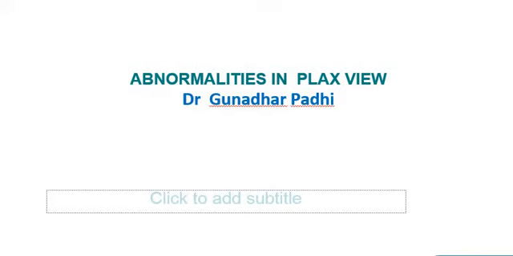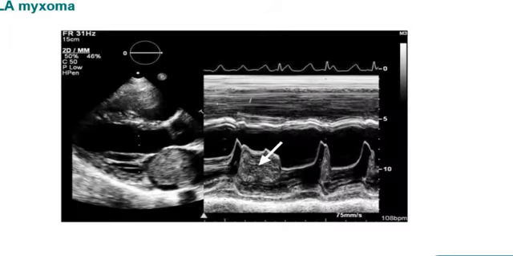So today we are going to discuss the different abnormalities in the plax view. As discussed in the previous lecture, we already discussed the normal structures which are visualized and their importance in the plax view. So to begin the talk, the first abnormality we see is some kind